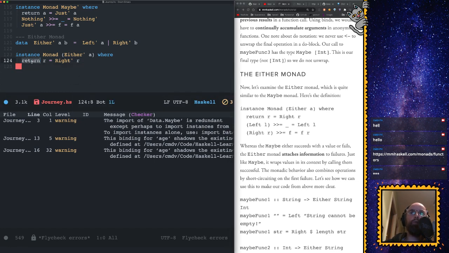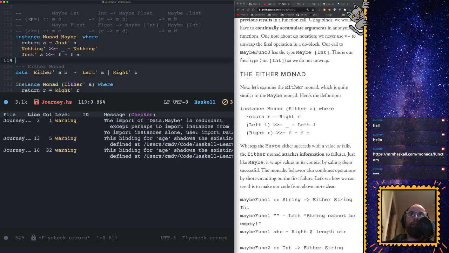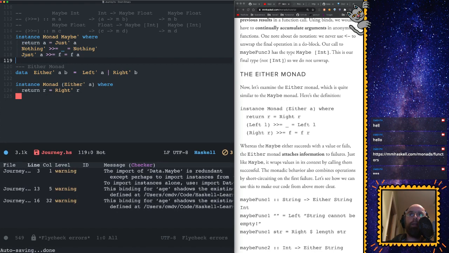Okay, so when we return something, then we want it to be a Right. So it can never be a Left, because if we think about it, the Left is our error, so the Left is our nothing. So if you look at the return here, that return is basically saying it's a Just of A. Okay, so that's like our happy path, and that's our sad path. So if we look here, the Right is our happy path, and now we're going to do the sad path because we're sad. So Left,